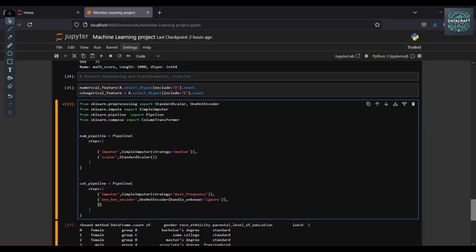And then finally I need to scale this also, with mean equal to false.